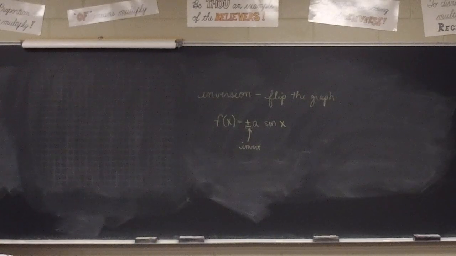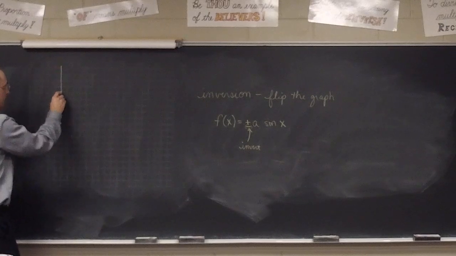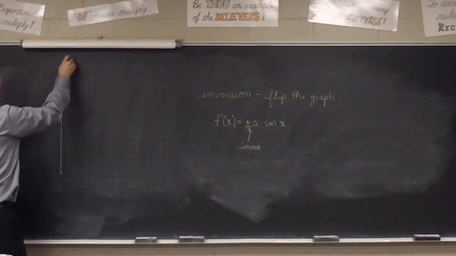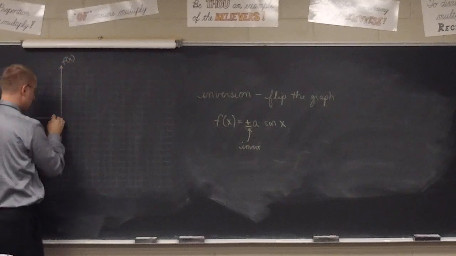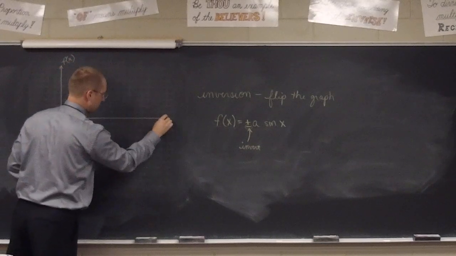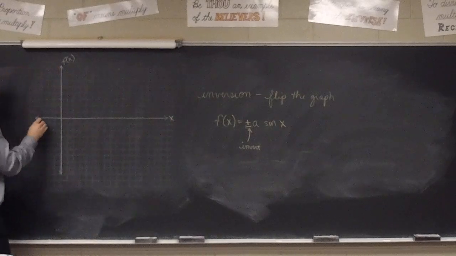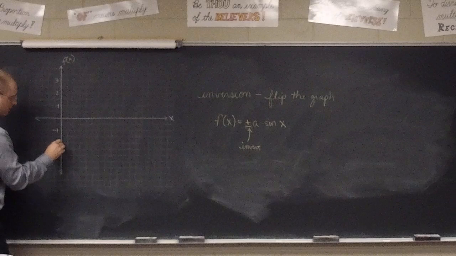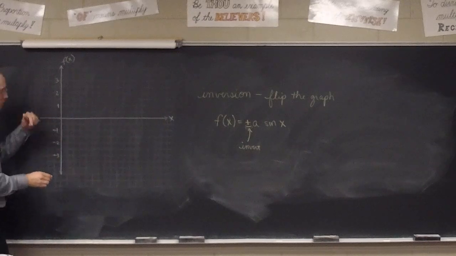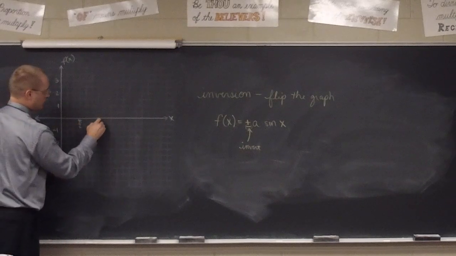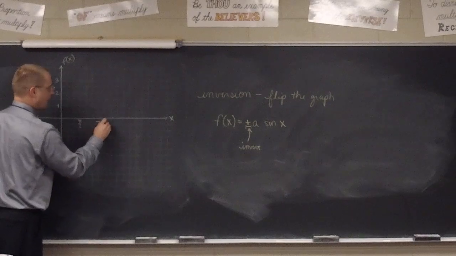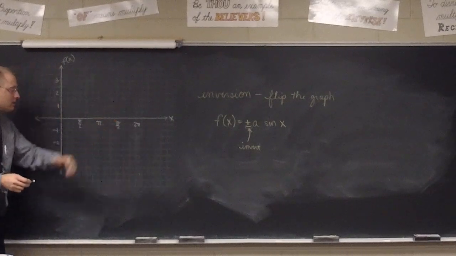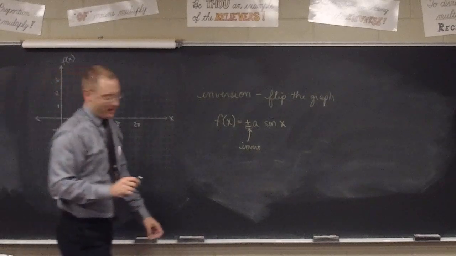All right. So set up your graph grid with your f of x axis and your x axis. 1, 2, 3, -1, -2, -3. Remember, every 2 boxes 1. And your pi over 2, and your pi, and your 3 pi over 2, and your 2 pi, again, every 3 boxes. And let's go ahead and graph